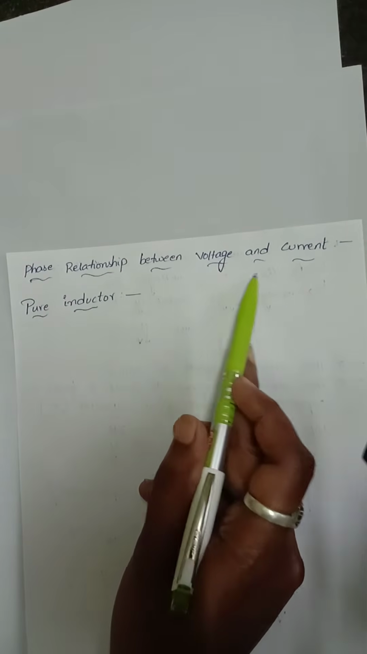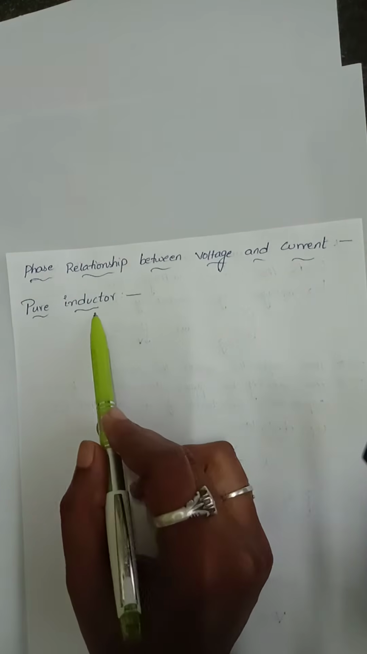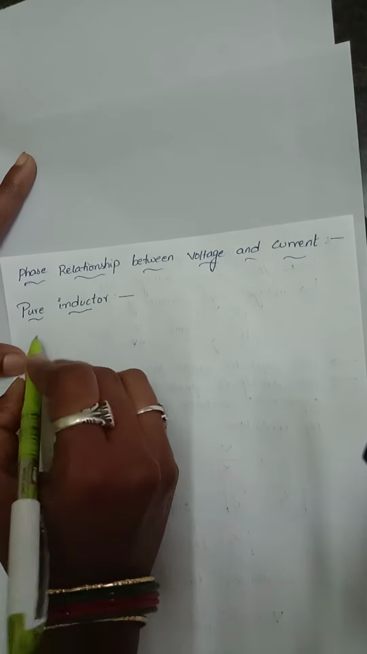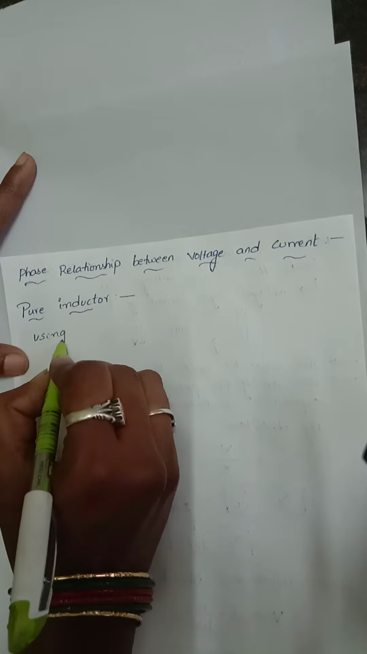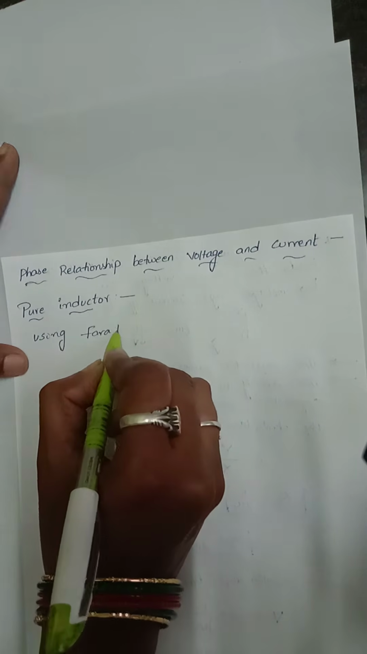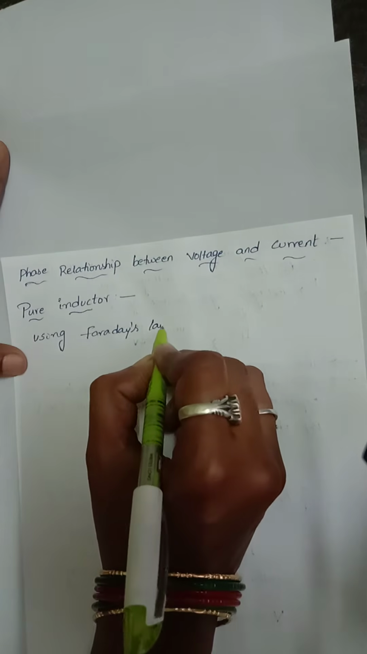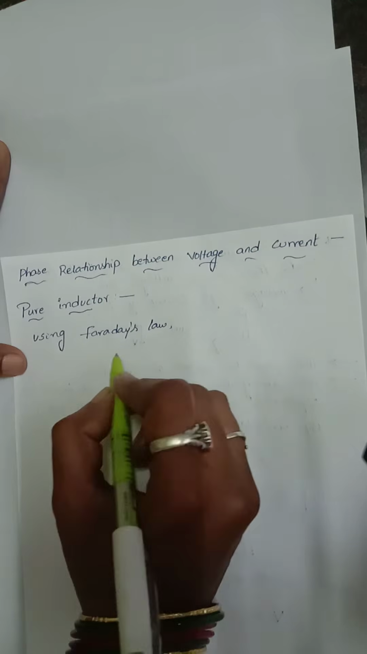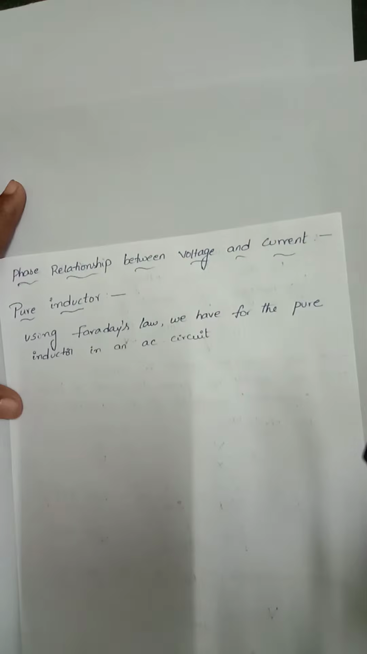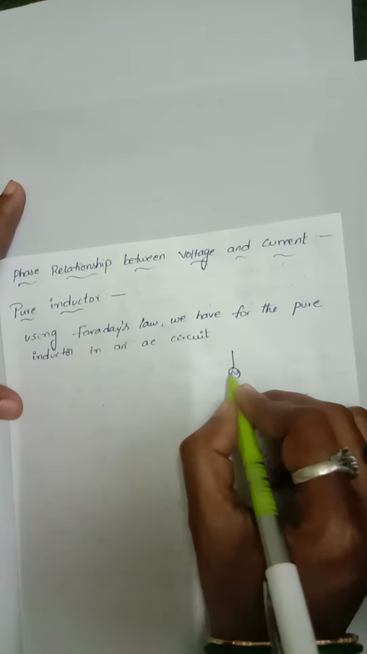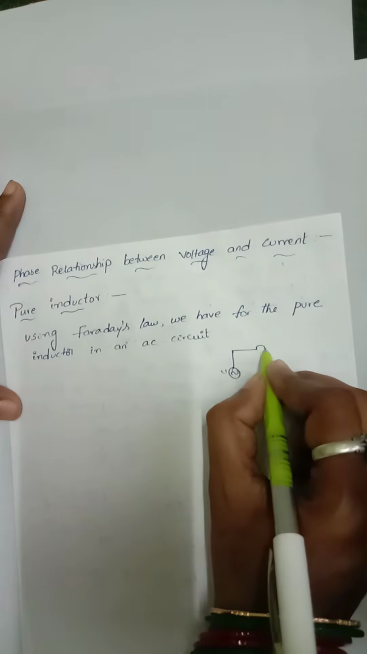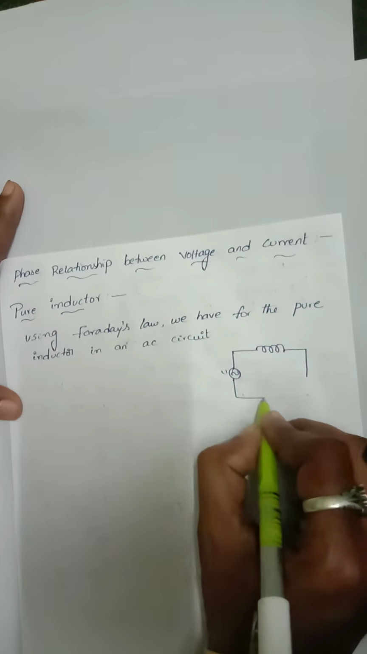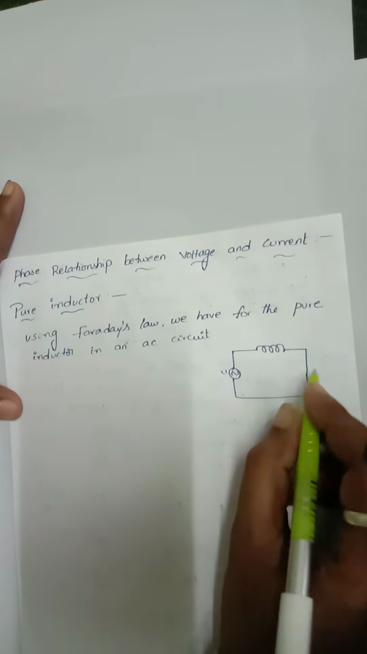Phase relationship between voltage and current when a pure inductor is connected to the circuit. Using Faraday's law, we have for the pure inductor in an AC circuit, when voltage V is connected to the inductor, the current I is